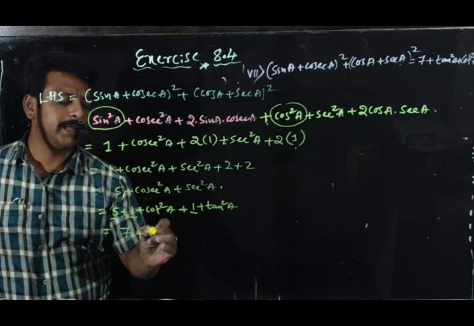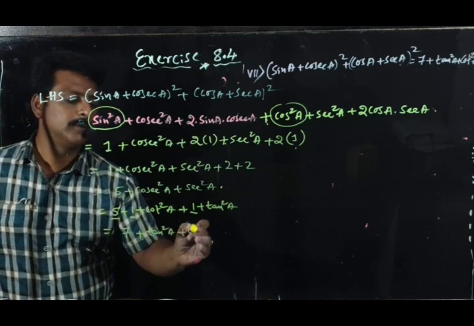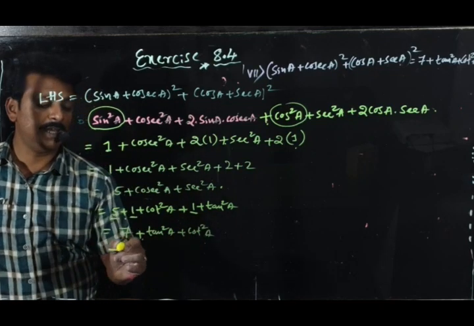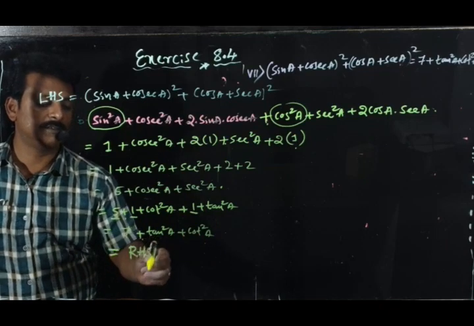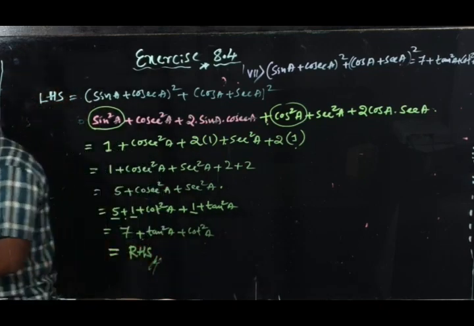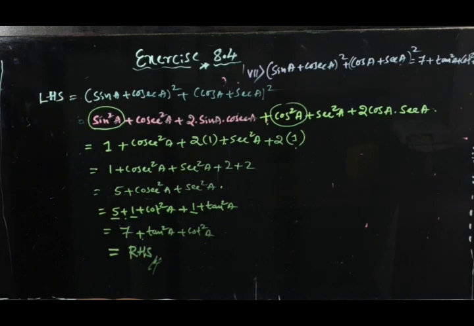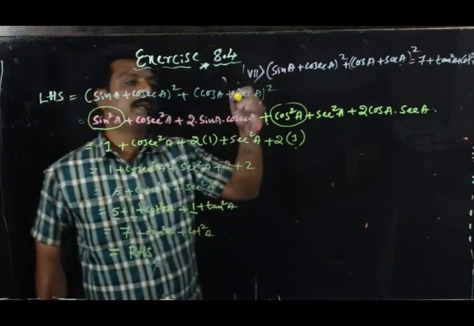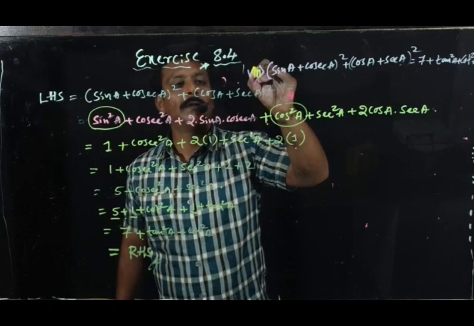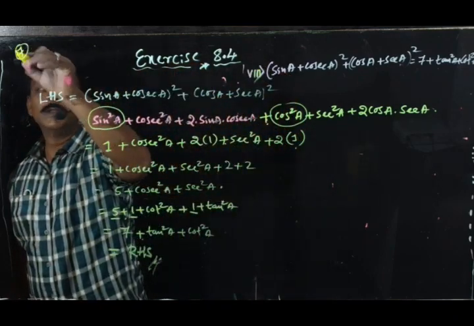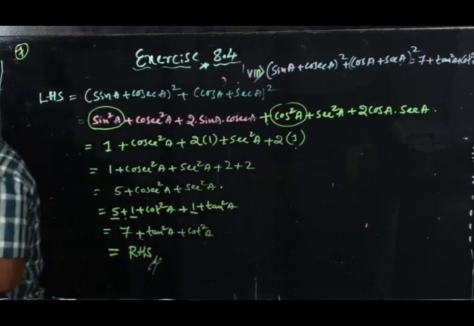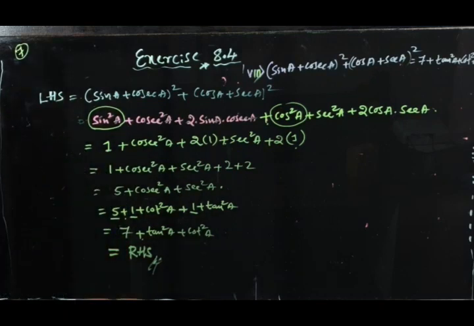Next, what they have given? Tan square A plus cot square A, which is RHS. Right? So, this is end of question. I finished question number, not 7, it is actually question number 8 that I solved. So, let me correct it. This is question number 8. So, 7th one is homework for you. 8th one I solved. Again I want to tell you, 9th one also I want to give you homework.